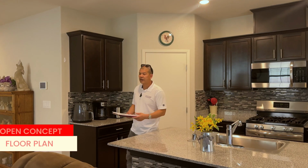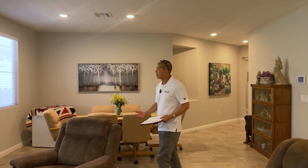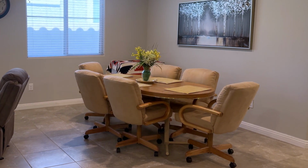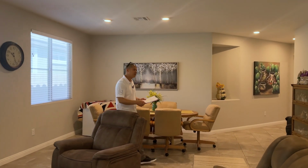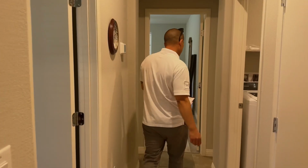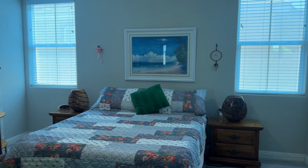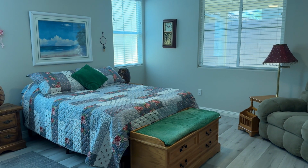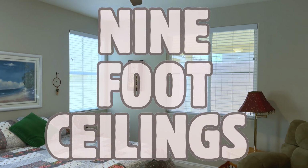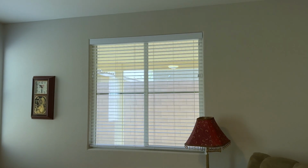And the floor plan is very open to the living room as well. We have a ceiling fan in here. This is kind of a dining space right here. And let's go look at the master. Here's the master bedroom right here. I didn't mention this before, this whole house has 9-foot ceilings, so definitely feels nice and spacious in here. Master bedroom also has ceiling fan, 3 windows,